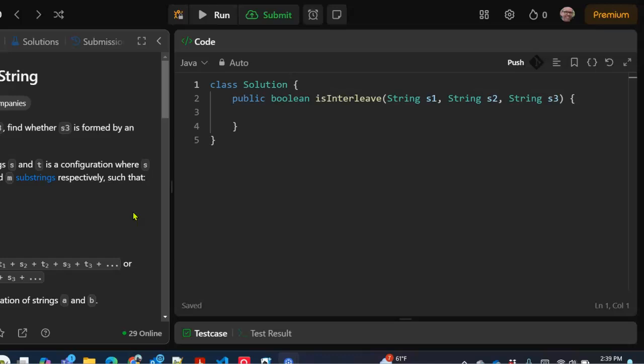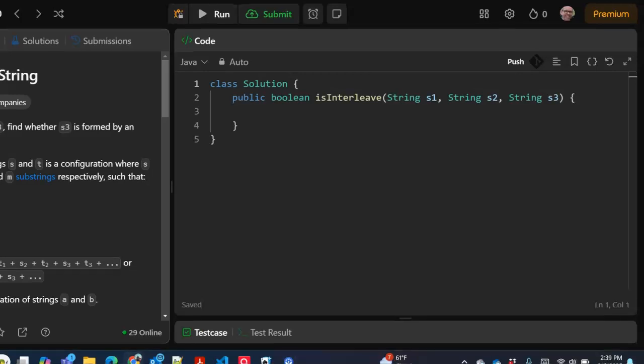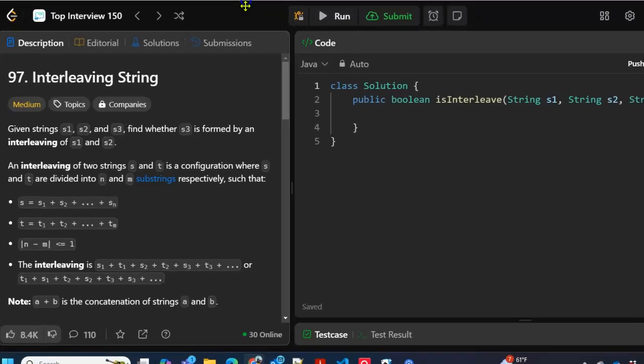But first, let's think about a recursive solution, and then we can convert that into a top-down solution via memoization. So I wonder if it would help to look at this example as we're doing it, but a recursive solution would be